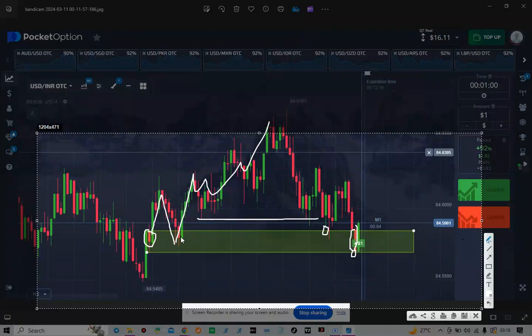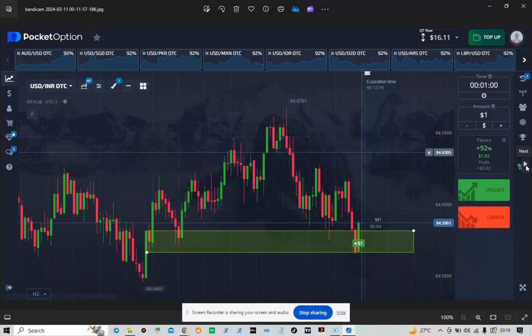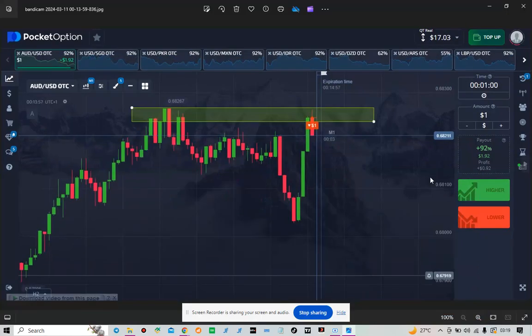So I've already confirmed. Look on the left side. What are the next reasons I should go with buyers? First thing, rejection, reverse, and also rejection and candle close inside the zone. So I go with buyers on the next candle. What next? And this trade, I think I won this trade as well